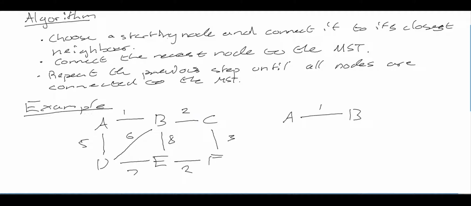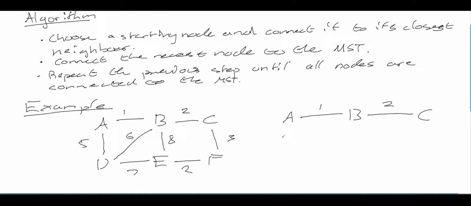Then we've got to connect the nearest node to the minimum spanning tree, so that means that we've got to look at all of the neighbours of A and B and see which is the closest. So we can see that A has a neighbour D, which isn't in our minimum spanning tree yet, and that's got a weight of 5. B has a neighbour D as well, which has a weight of 6, and B also has a neighbour E, which has a weight of 8, and B also has a neighbour C with a weight of 2. So the smallest of those distances there is the distance between B and C, which is 2,